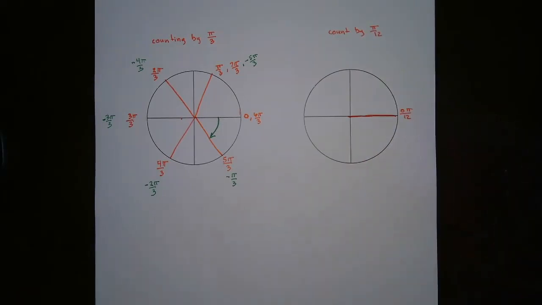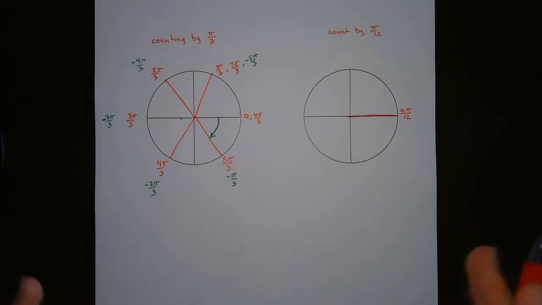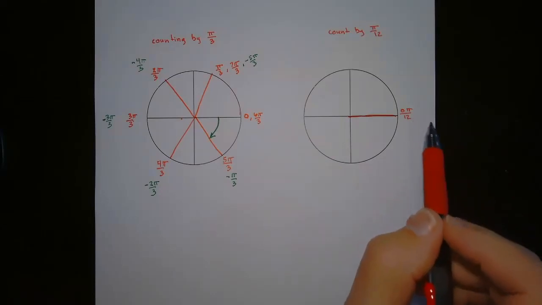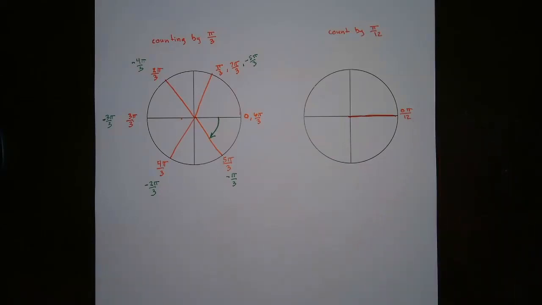I know I've been writing just 0, okay? You could write this as 0 too, okay? All right, so this is going to be important. If I want to locate, okay, where the heck is something like